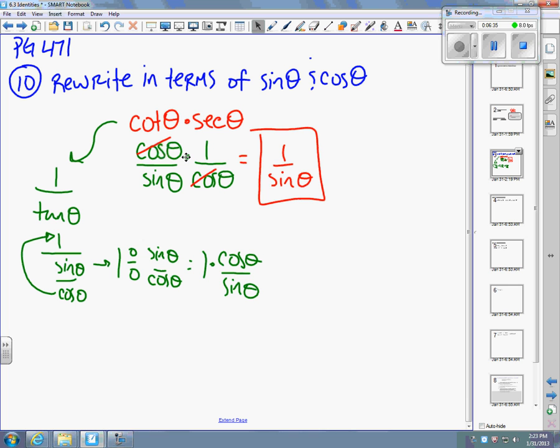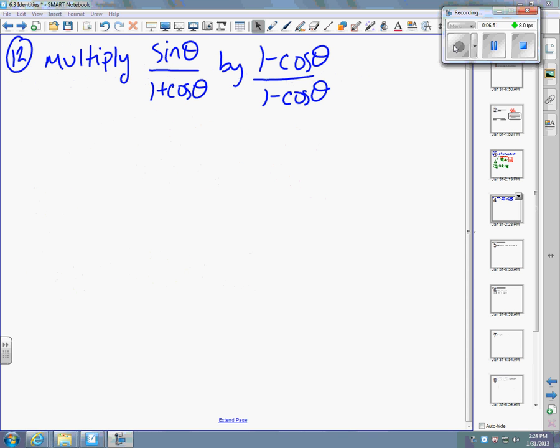So maybe a simple identity would be, say, cotangent times secant equals cosecant. And all you would have to do is do this and prove this side equal to the other. All right? Next question asks you to take an expression and multiply it by a common denominator, or the exact